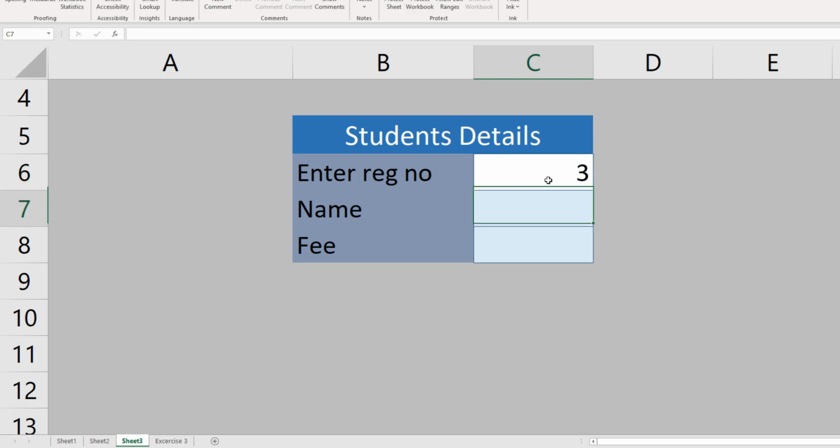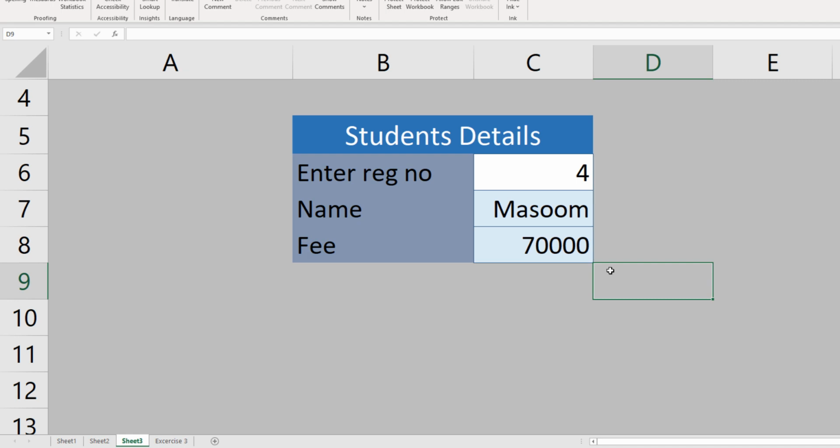So if we type 3, his name and fee should appear. If the student says my registration number is 2, his name and fee should appear. Instead, if the student registration number is 4, his name and fee appear. So how does this work? This is done using the VLOOKUP function.